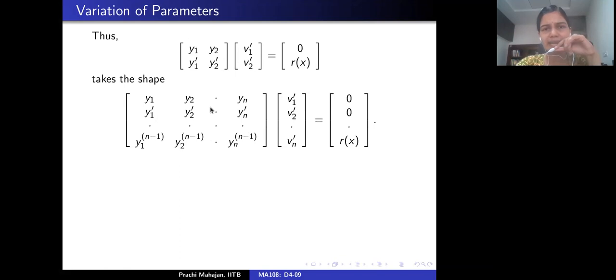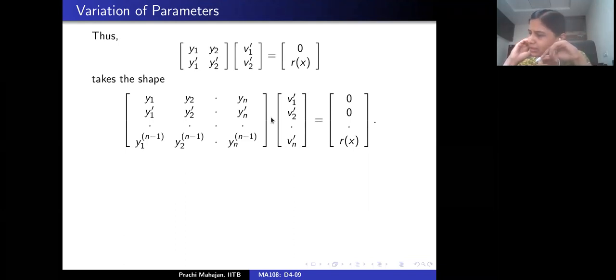The conditions that we imposed on the derivatives of v1, v2, vn are exactly going to give us the following equations, which I've just written in matrix format for convenience. These conditions lead to simple formulae for the first n minus 1 derivatives of the candidate solution yp.